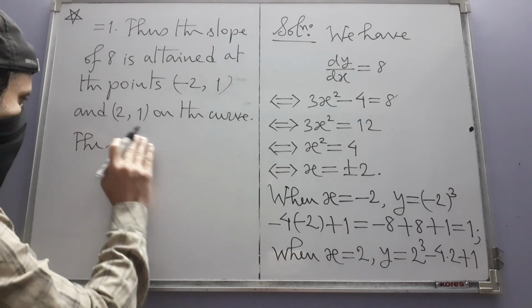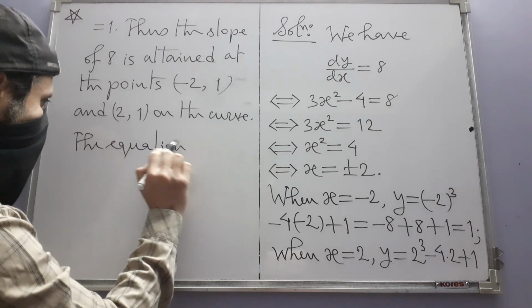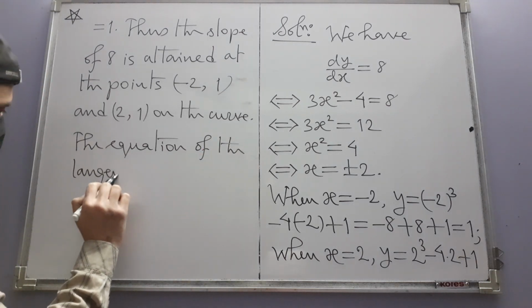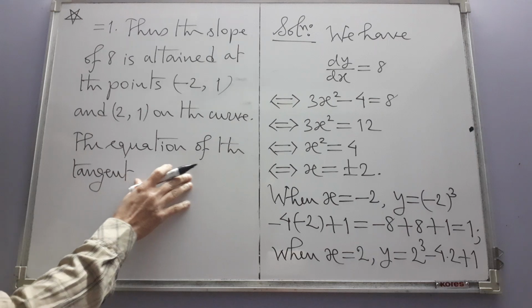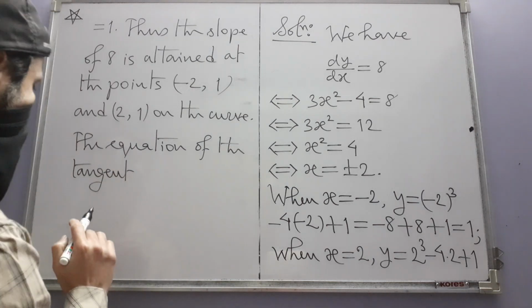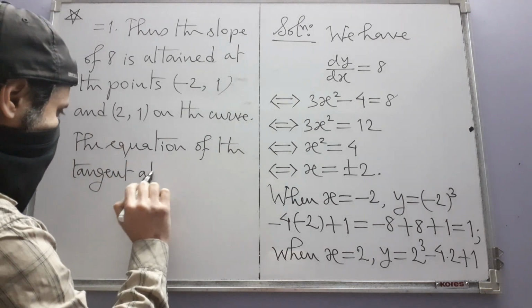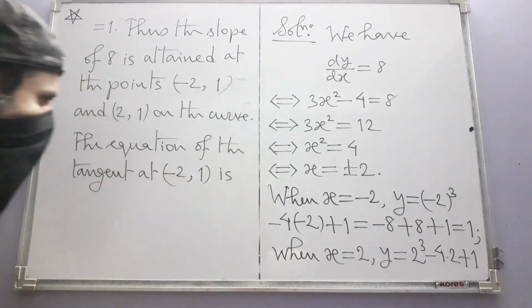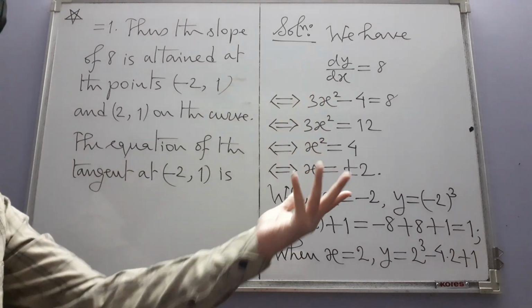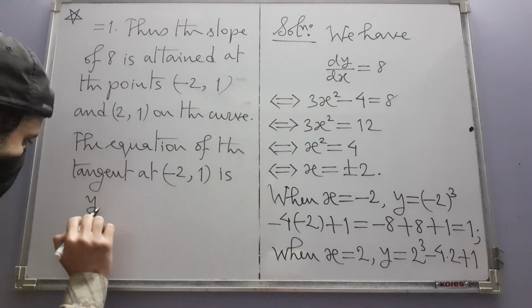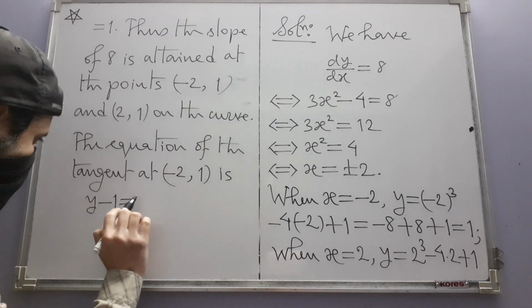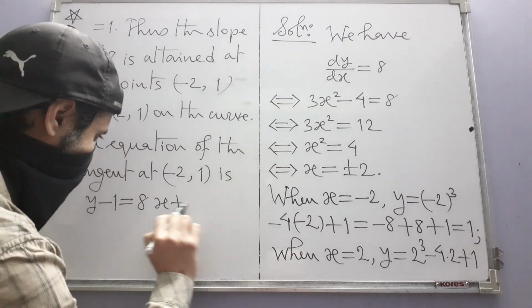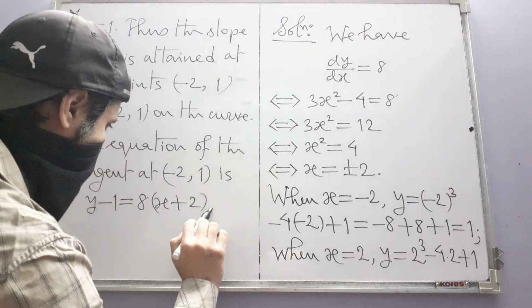The equation of the tangent to the curve, I mean ideally you have to write, but it's understood, of the tangent at minus 2 comma 1 is, so we have the point and slope of course has to be 8, y minus 1 equal to 8 times x minus minus 2, so x plus 2, and